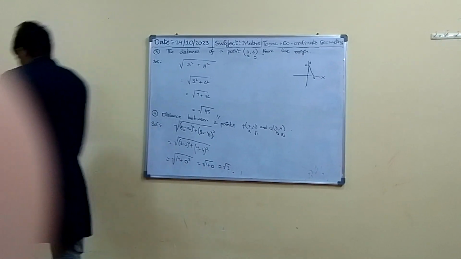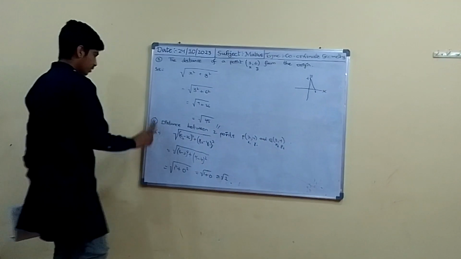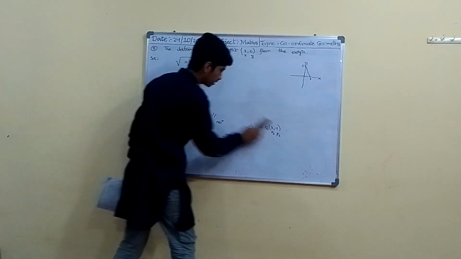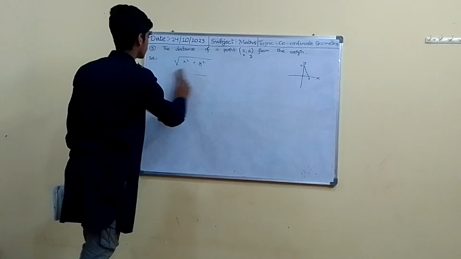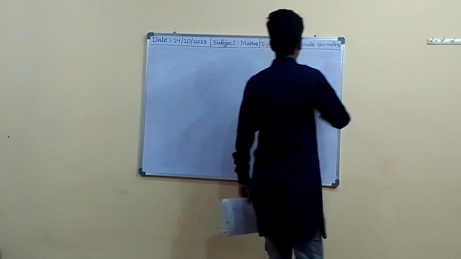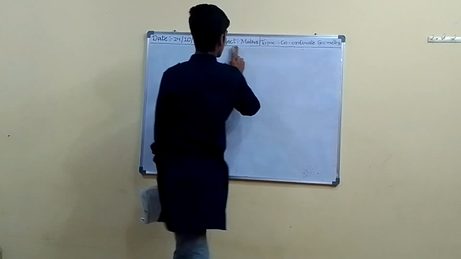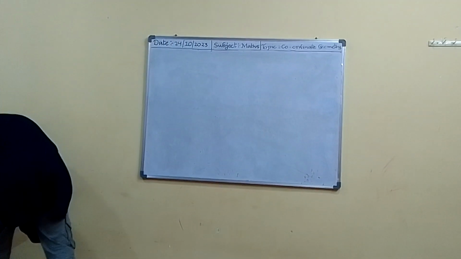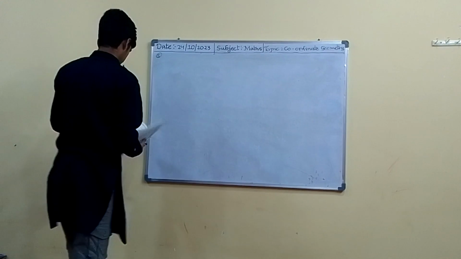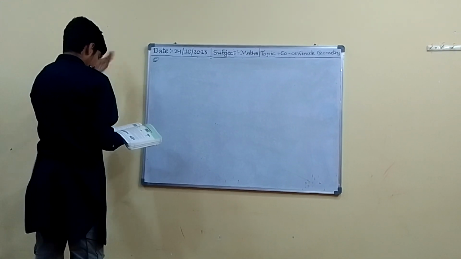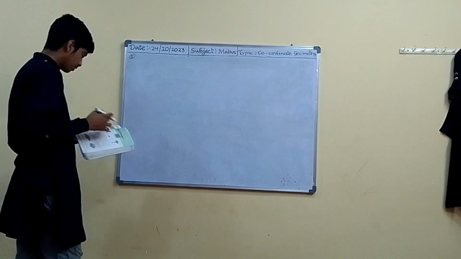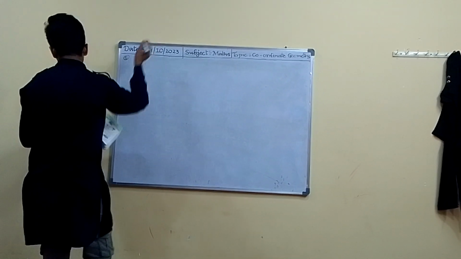This question is completed. Now we will enter into the next problem. Fifth problem. Here it is internally in the ratio m. The given ratio is m:n. So the question is